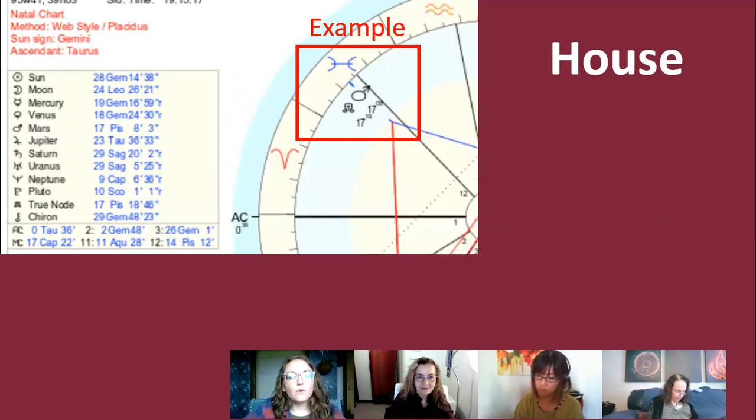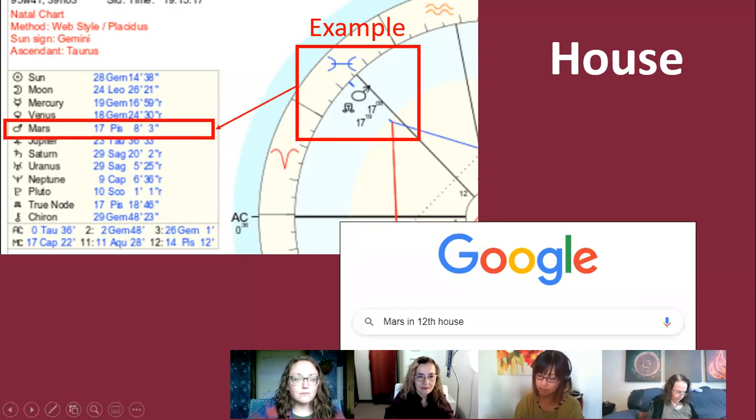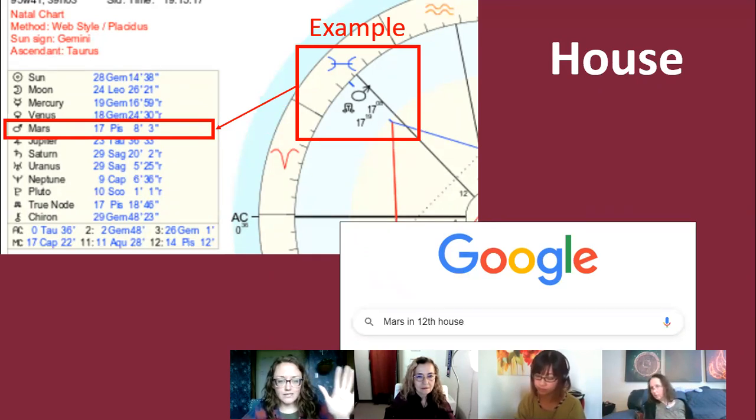So same thing for the house. On this chart, these two placements are in the 12th house. As we go through each of them, Mars in Pisces, we did that Google, and now we do Mars in the 12th house. That's a second Google. At the end of that, we know what Mars in Pisces means, and we know what Mars in the 12th house means. And in our mind, we get to be creative and paint those two narratives into one